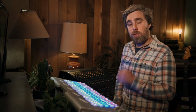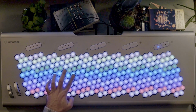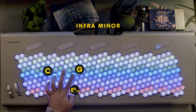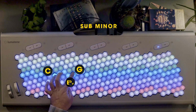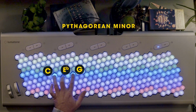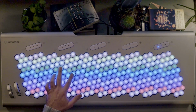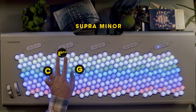Okay, with that out of the way, let's take a moment to explore the new flavors of thirds. We've got plenty here. Okay, so to start off here, we've got the infra minor, the sub minor, the Pythagorean minor, the just minor, the supra minor,